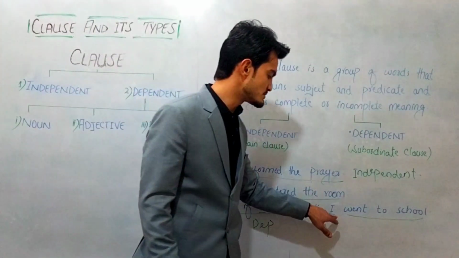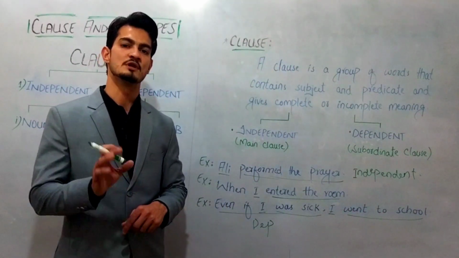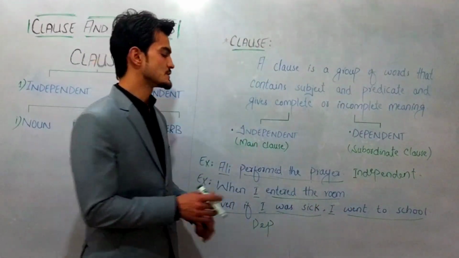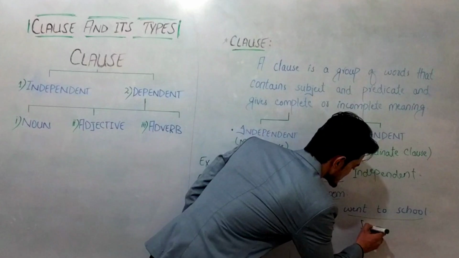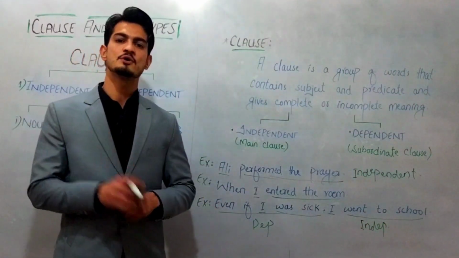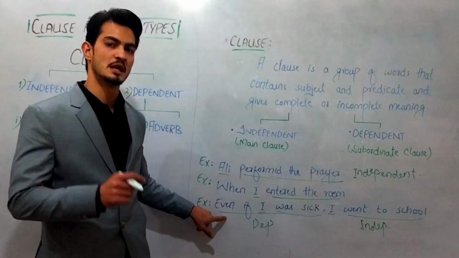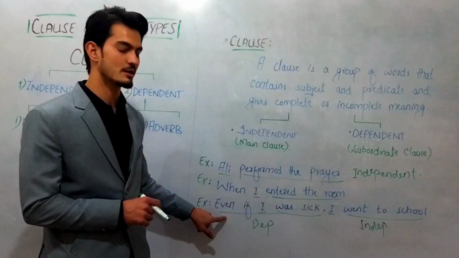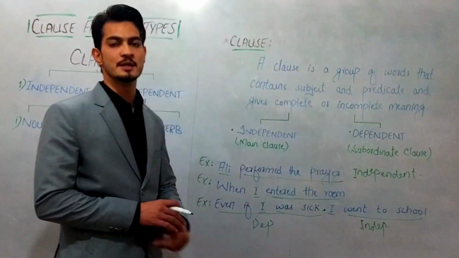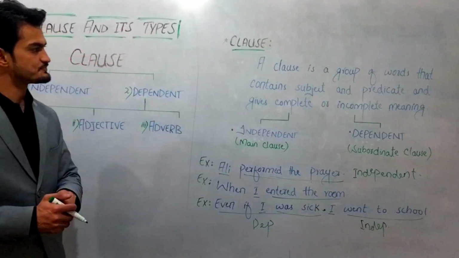And the next clause we have is I went to school. I went to school. मैं स्कूल गया था या मैं स्कूल गया। It means that it gives us complete meaning, या हमें complete meaning देता है। That is called independent clause. इसको हम independent clause कह सकते हैं। And the next point is that whenever you would like to use a dependent clause at the start of the sentence, जब आपने dependent clause sentence के start में इस्तेमाल करना है, you would use a comma in the middle. आपने comma जो है ना वो middle में इस्तेमाल करनी है।